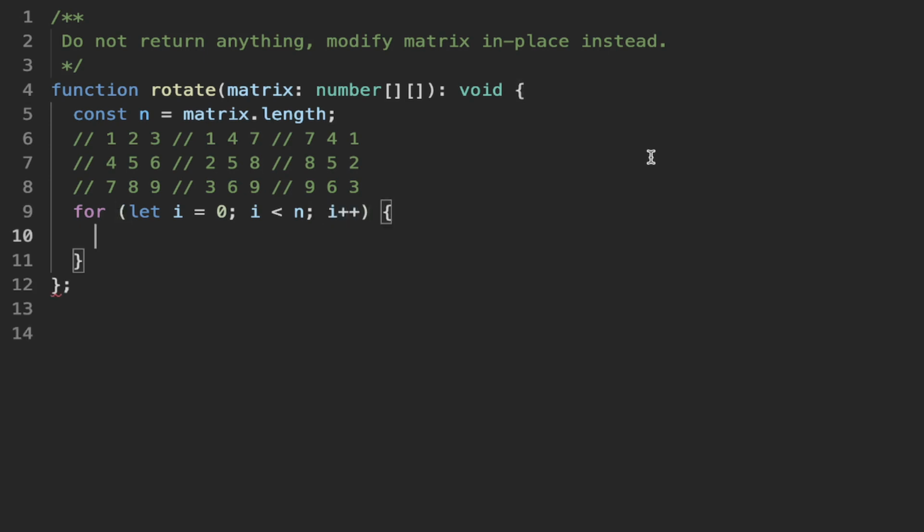And then I'm just going to copy this down, and we'll need to do the same thing for j. Now here, instead of j being equal to 0, we can say that j is going to be i plus 1, and j is also going to be less than n,